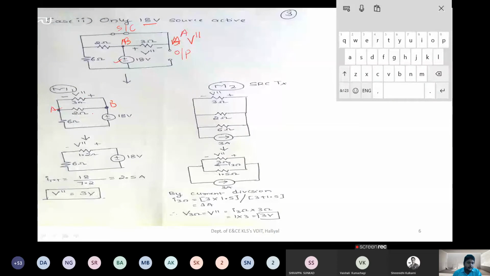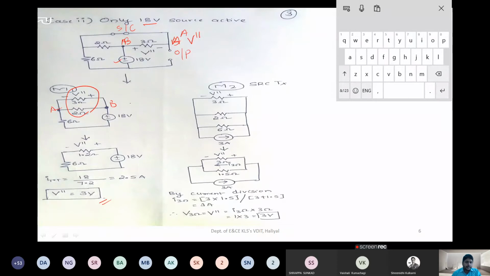Now what I will take is, see, I have taken the parallel equivalent of 2 and 3. Why am I taking it? If I am interested in calculating the voltage across the 3 ohm resistor, the 3 ohm and 2 ohm are both in parallel. So if both are in parallel, the voltage drop will remain the same, that we know for parallel elements, right? Yes or no? So you can take the equivalent, which comes to 1.2. Later, with the earlier method that I told, you can calculate the total current and total voltage. So total voltage comes out to be 3 volts.